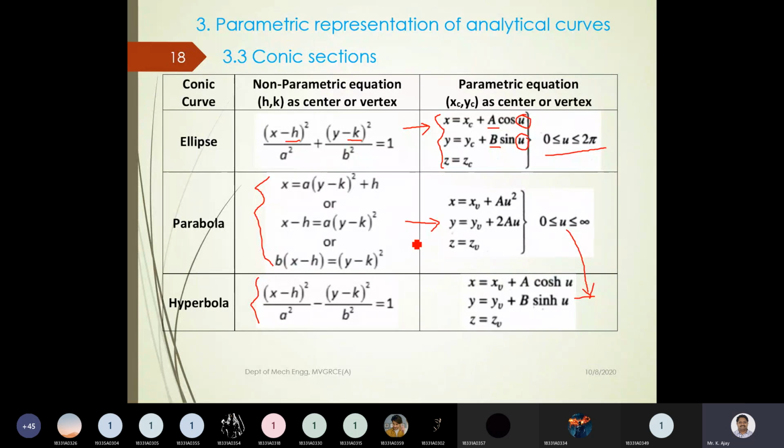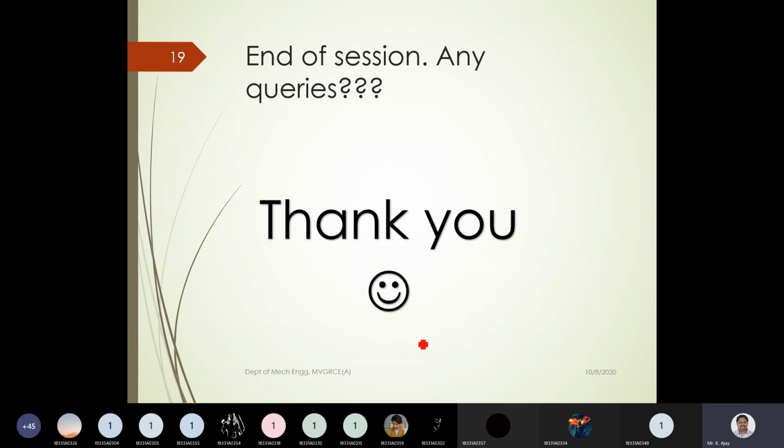Okay, I'm back. You can remember all these parametric equations or representations of different conic sections. Okay, and with this I am concluding the